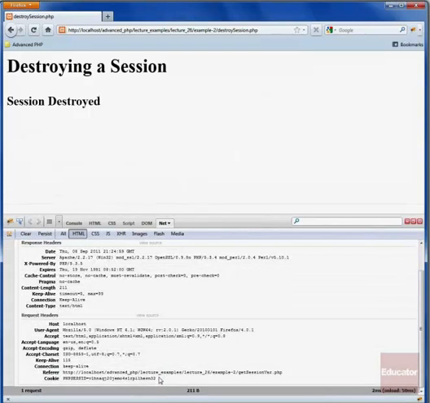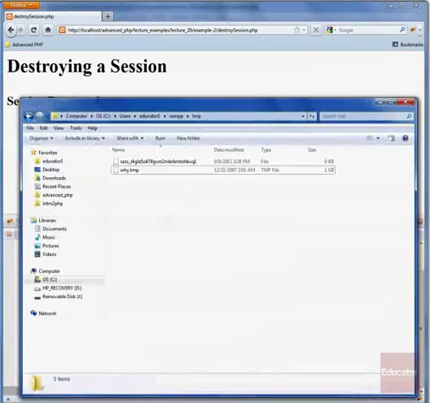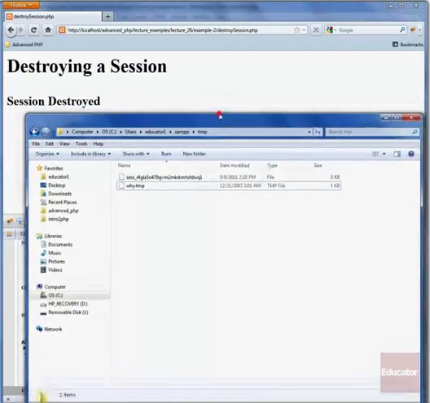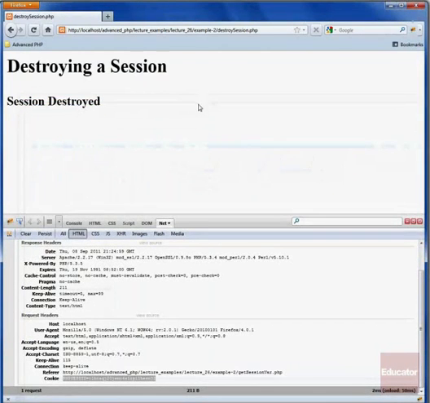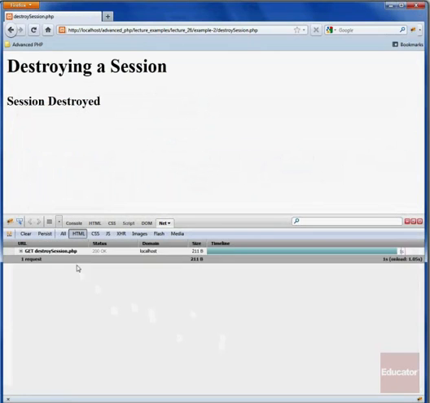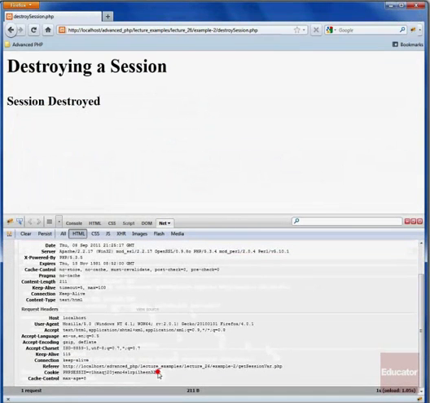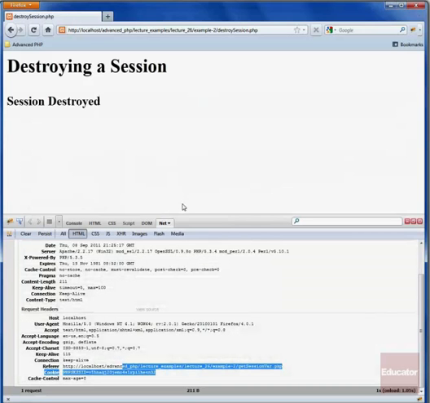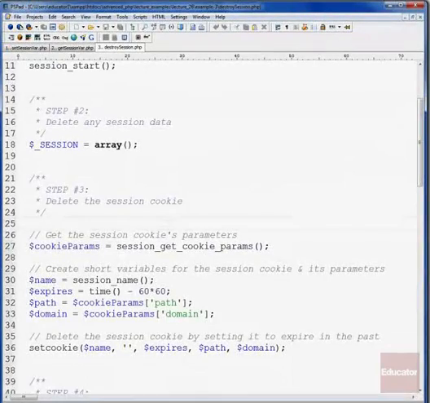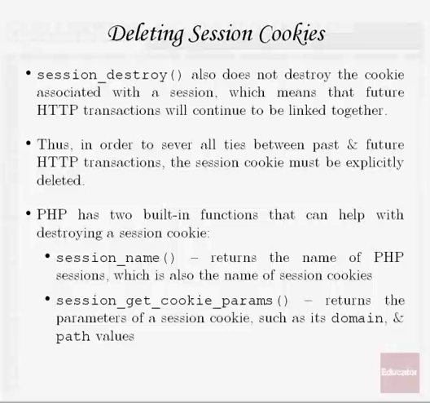we can see that we still have this cookie that we're being passed. If we look at the temp directory, our data file has been destroyed. And so basically, when we refresh this page, we're still passing along that same cookie, except no session data exists for that particular file. So in order to basically sever all ties between past and future HTTP transactions, we must explicitly delete that session